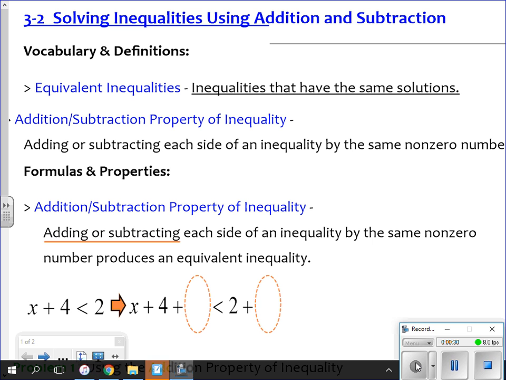Basically, all that is saying is, listen, if I have an inequality and I do what I normally do to solve it, my solution has the same answers as the original problem. That's kind of what that's saying. The addition and subtraction property of inequalities: adding or subtracting the same non-zero number to each side of an inequality